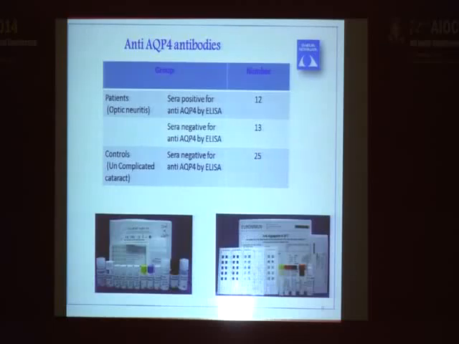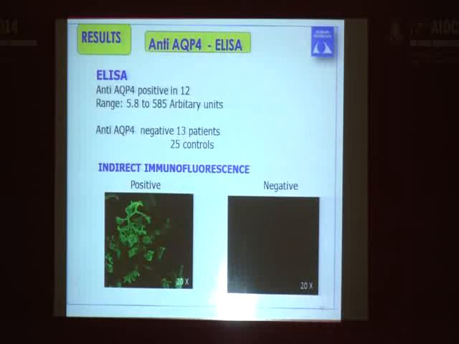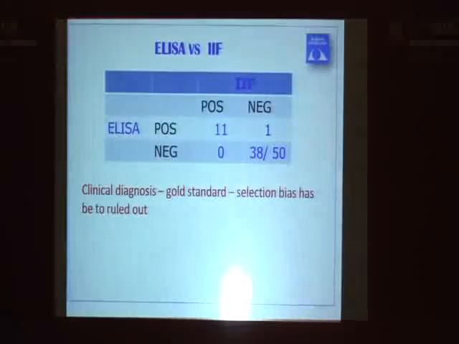Coming to the ELISA results, among the 25 optic neuritis patients, severe ones, almost 12 of them were positive and 13 of them were negative. And this is the way titer evaluation is used in case of an ELISA, the titer ranging from this. And if it is an IIF, the positive results are read by a fluorescent microscope as it is shown here, the positive and the negative details. So when we compare both the assays in our patients, among the 12 patients with ELISA positivity, one of them turned out to be negative even after the re-assay. And the rest of the other patients, all negative, were also negative on immunofluorescence.